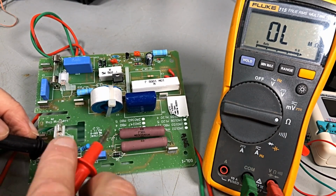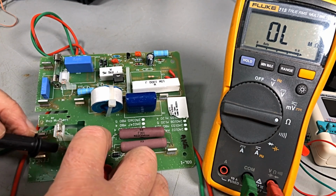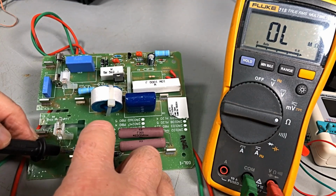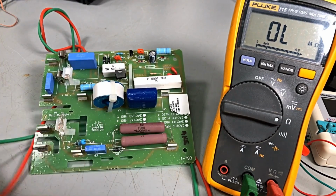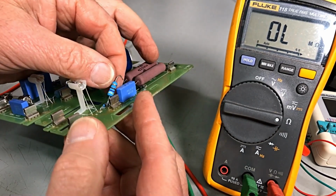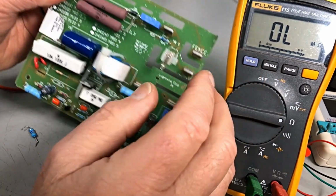And that is open circuit. That is definitely. That resistor there is open circuit. R15